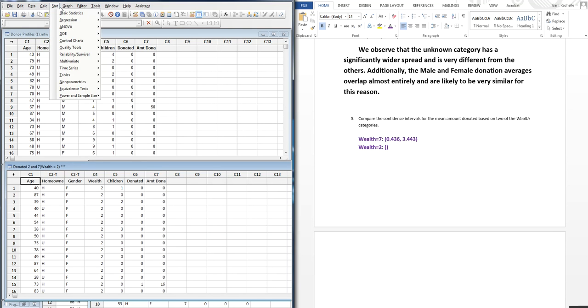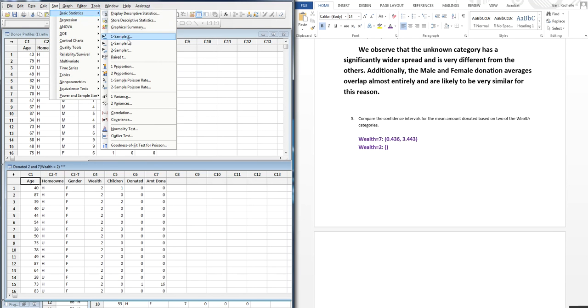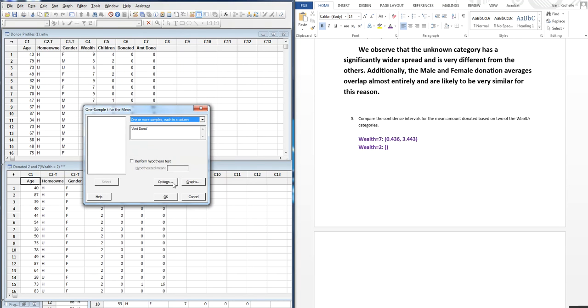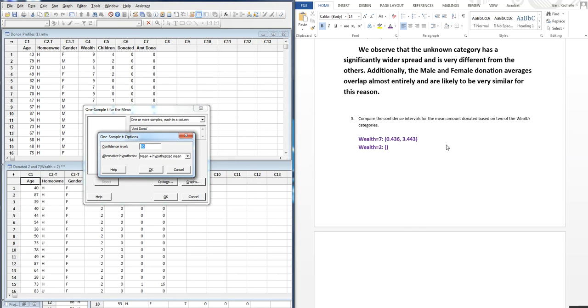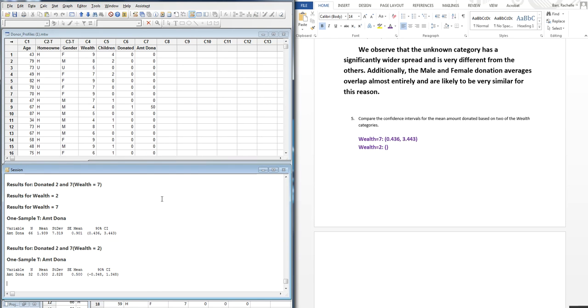Okay. So I'm going to go to stat, basic statistics, down to 1 sample t. I'm going to check to make sure this is still a 90% so that these are both the same percent, or the same level of confidence. Let's be more specific. Alrighty. Ooh, this one went negative. The negative is so weird to me. Negative